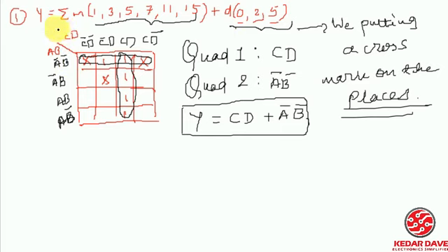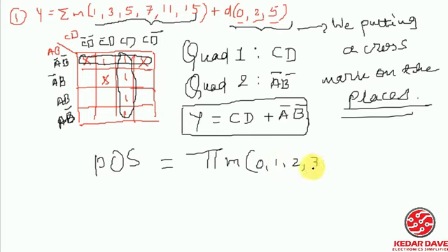Similarly, both the things can be applicable to the POS term also. For the product of sum, it will be given this way: pi m, and into the bracket some minterms will be there, 1 2 3 4, plus don't care condition 1 5. Mind one thing, that both the values over here will not be the same, right? So I have written this thing, but it is not possible practically. So mind you can remember this thing.